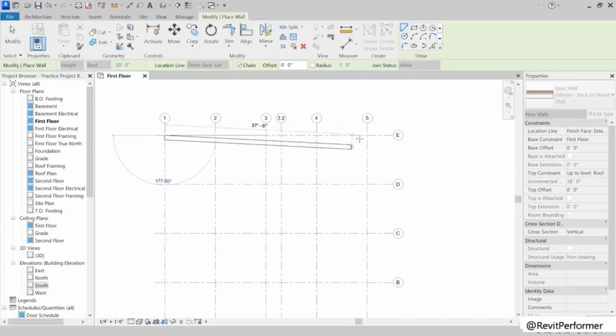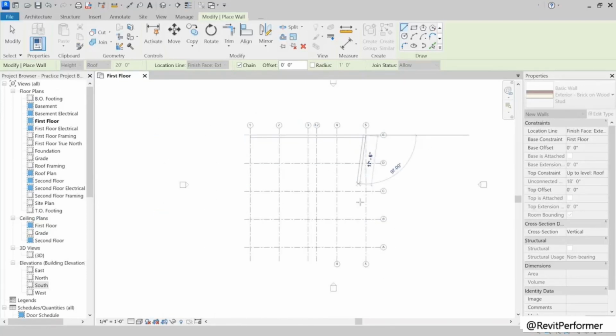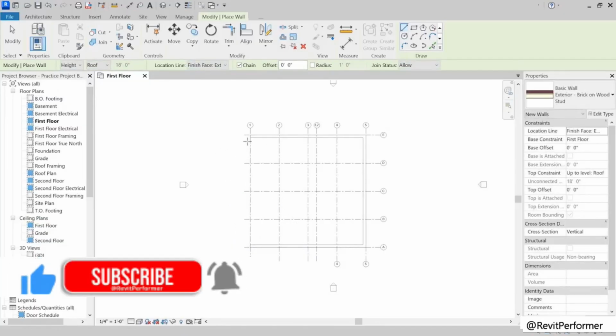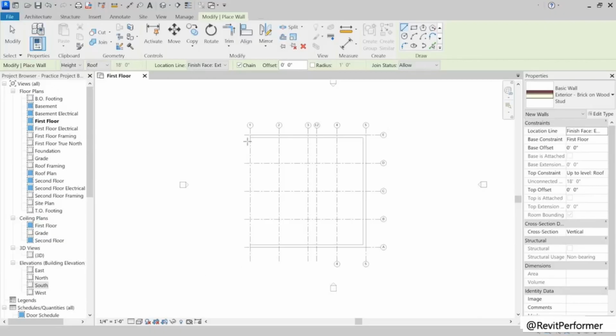So we're going to click over here at the intersection of 5 and E. We're going to come down and click at the intersection of A5, then at the intersection of A1. And I'm going to do something really quick. I'm going to hit escape. And I only hit escape once because I wanted to stay inside of the command, but I want to start a different location inside of the model. If I hadn't done that, because chain is selected, it would have kept this connection point here. But I'm going to start back at 1 and E again, and I'm going to come straight down.